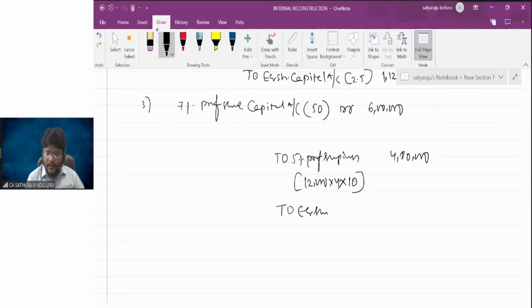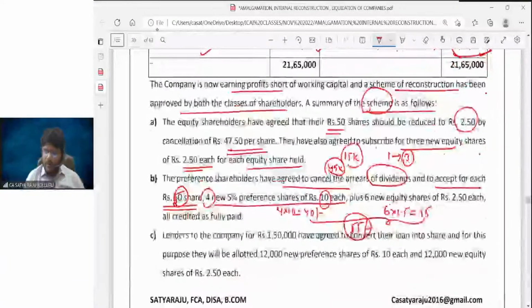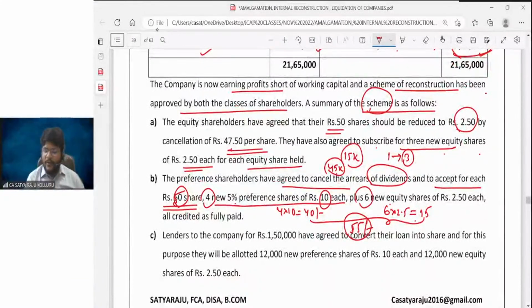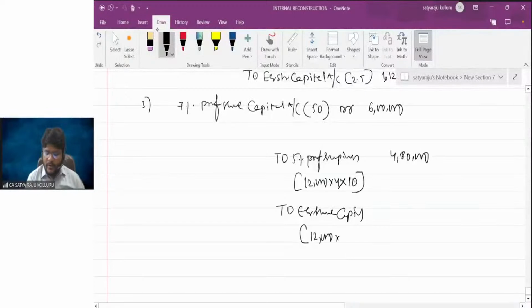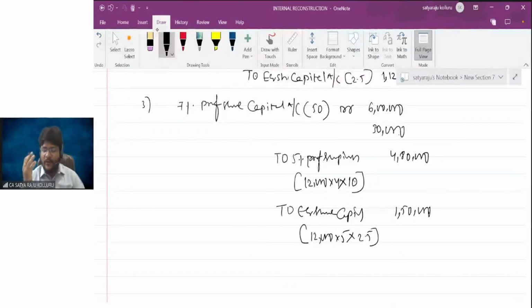To equity share capital, we are also issuing equity shares. Now we are issuing 6 new equity shares for each one preference share. We are having 12,000 preference shares. We are issuing 5 multiplied with 2.5. 12,000 into 5 into 2.5, which we got 1,50,000. Now, if you make it total 4,80,000 plus 1,50,000, it is more than 6 lakhs. So what is this 30,000? Excess of 30,000, that is 5 rupees now. 5 rupees into 12,000, that is